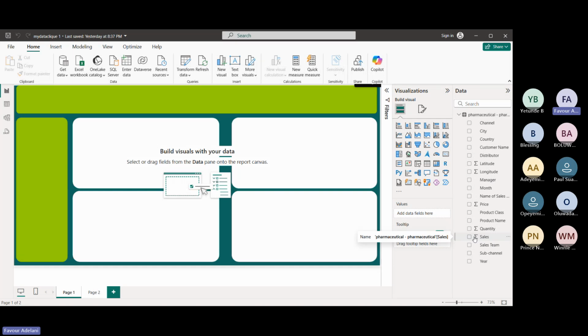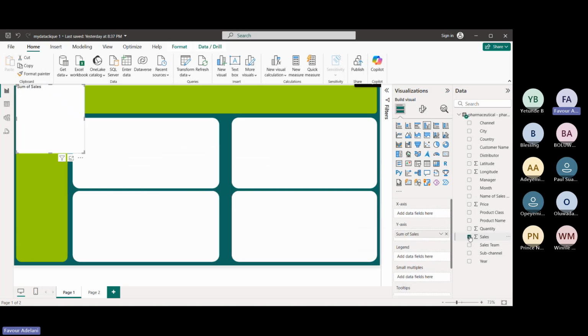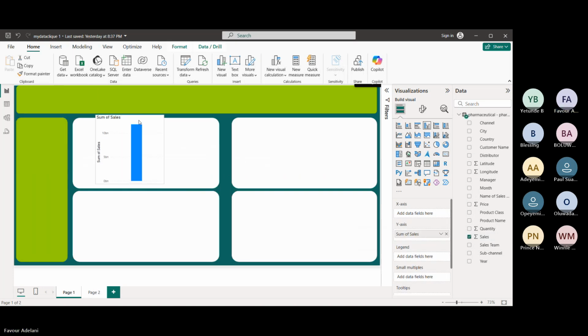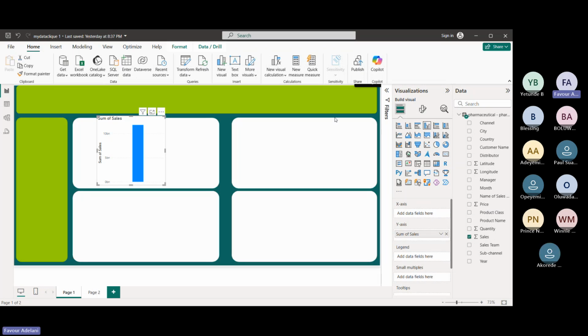Now, mind you, you see this summation sign that looks like an E. This will let you know which columns are numeric and which columns are not, what you guys would call facts and dimensions. So basically, I'm just going to click on the sales, and you see that a visual pops up here, automatically summing up the sales. So we're going to be doing quite a significant amount of formatting on the visuals. And like I said yesterday, in making reports, automation is very, very important so that you don't have to repeat similar processes again. So the first KPI that we're going to try to visualize is to find